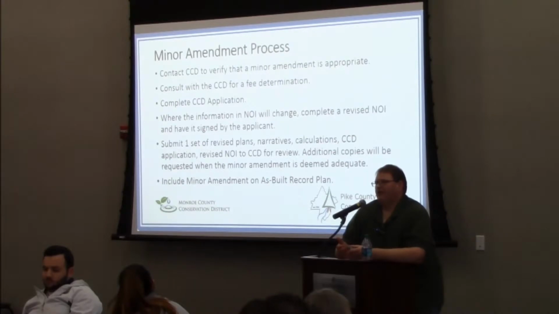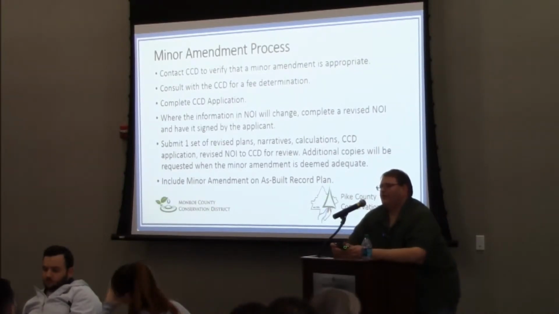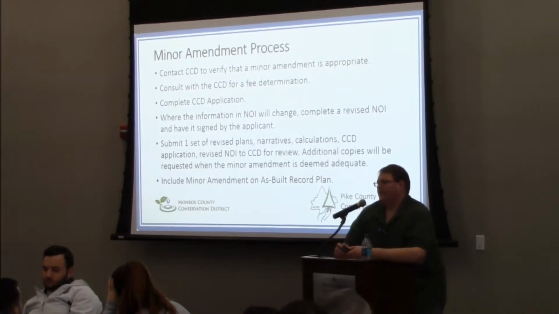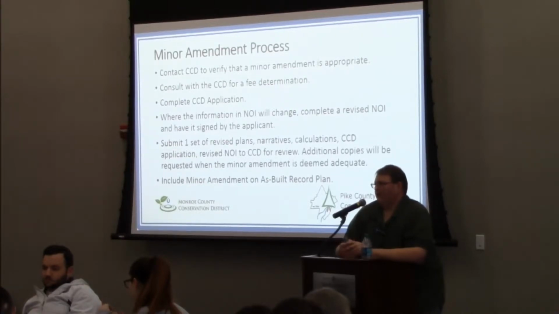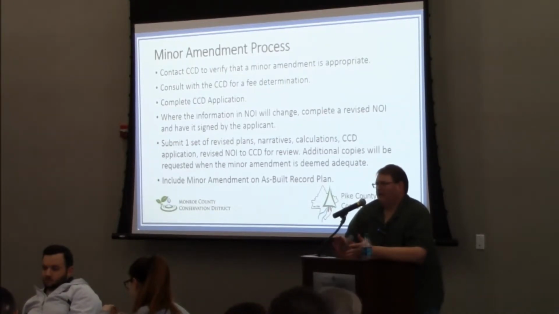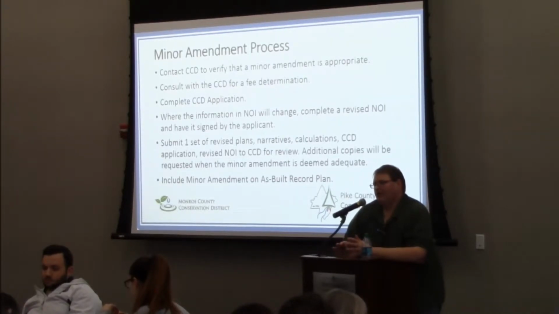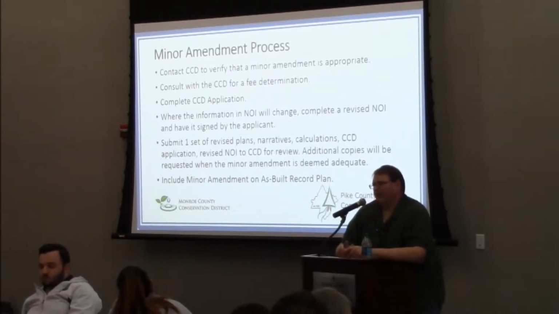So the process. Usually what will happen is there's going to be some dialogue, whether it's in the field, via email or a phone, saying, hey, this is what we'd like to do. And the district will say, yeah, that's a minor mod, or no, that's a major mod, or yeah, it can be a field change. Once that happens, if it's determined to be a minor mod, you'll need to get a fee determination from that conservation district. That process would be showing us how much disturbance or what exactly is happening, drawing a box around it, putting an area to it, and then we would look at it with our fee schedule and move forward.